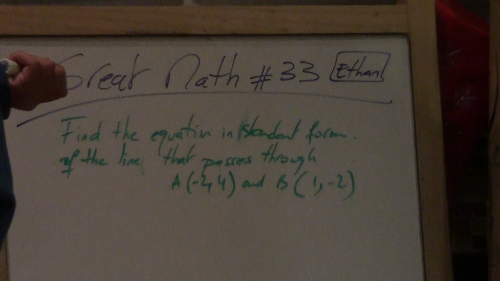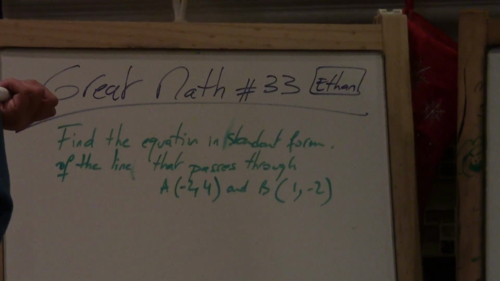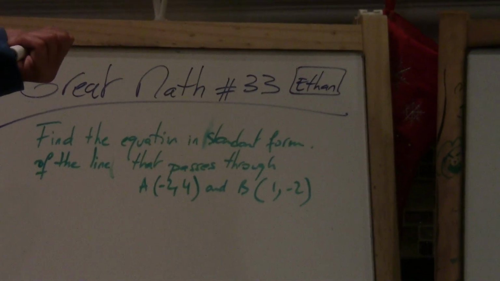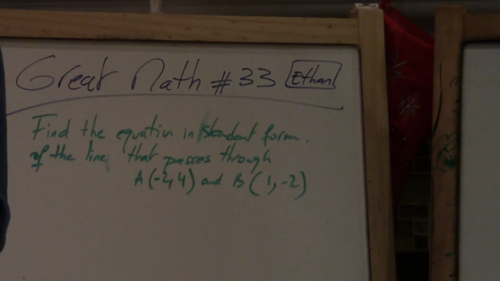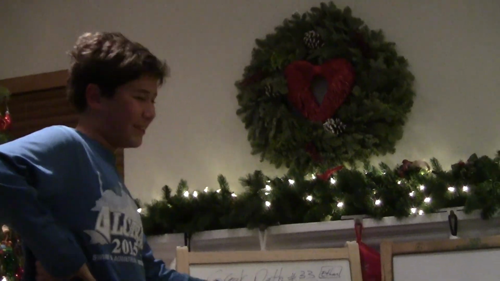Find the equation in standard form of the line that has A, between 2 and 4, and B, 1 and -2. Alright, right now, you have no idea what this is,